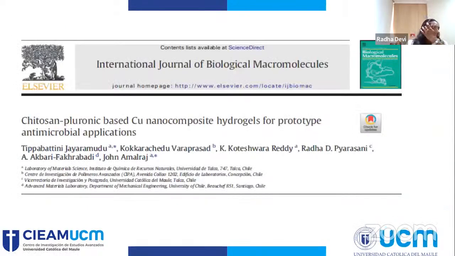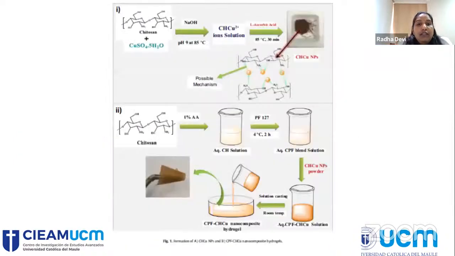So this is one research article which we have published using chitosan pluronic based copper nanocomposite hydrogels for prototype antimicrobial application. This work has been published in collaboration with Dr. John from the University of Talca. Along with his contribution, we have published this research article where we have used copper sulfate as a precursor salt. Similarly, as I mentioned earlier, we have used sodium hydroxide at a pH of 9 at a temperature of 85